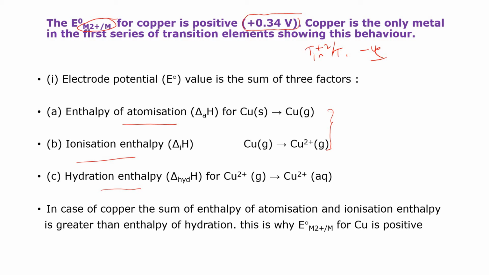Now, in the case of copper, the hydration enthalpy is greater than the enthalpy of this one. This enthalpy of hydration, generally it will be a negative value. Okay. Now, this you are going to get, this value, ionization enthalpy, which is very positive, these two if you observe here, they are more positive there. Okay.